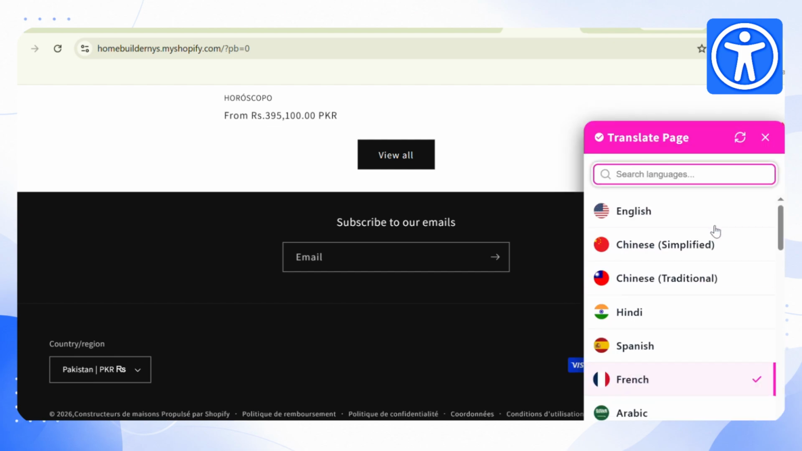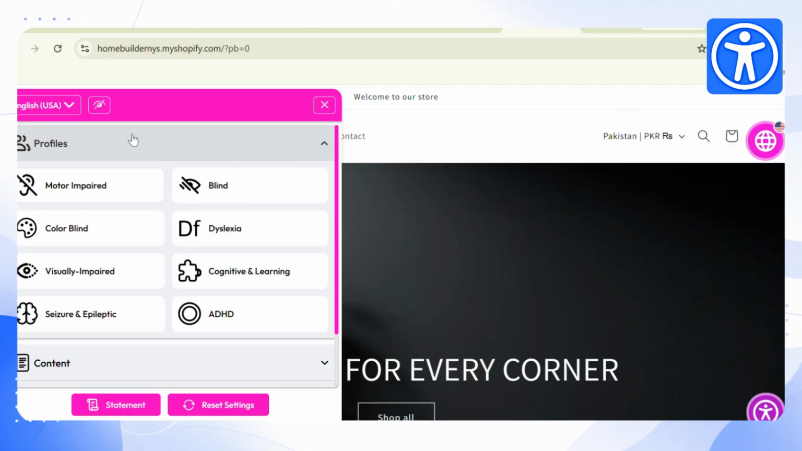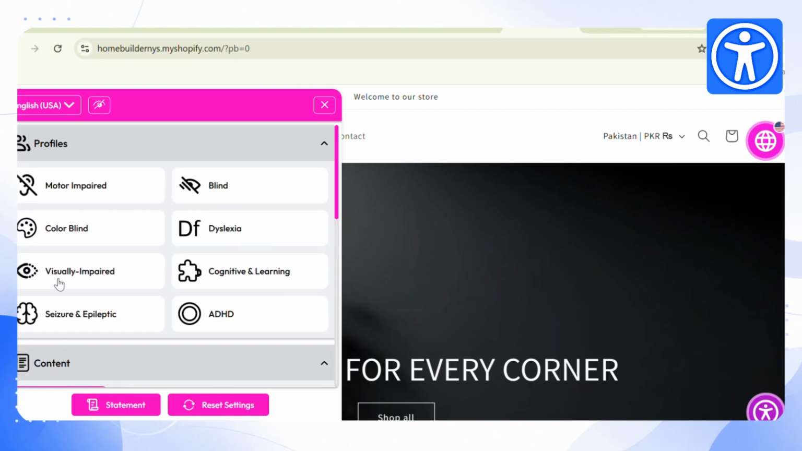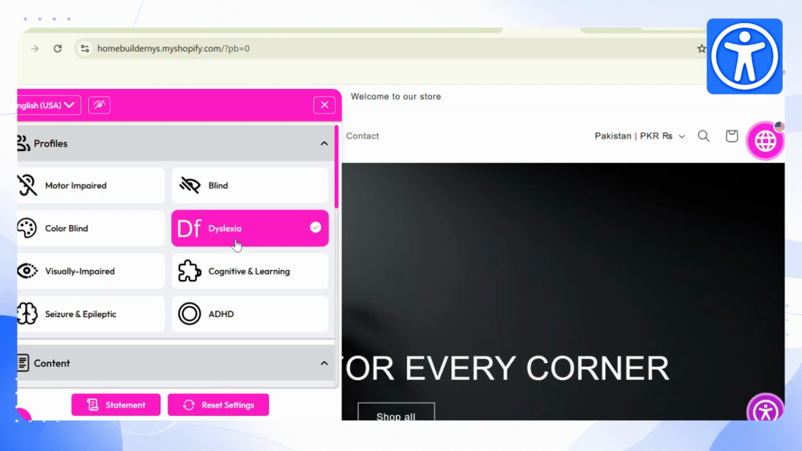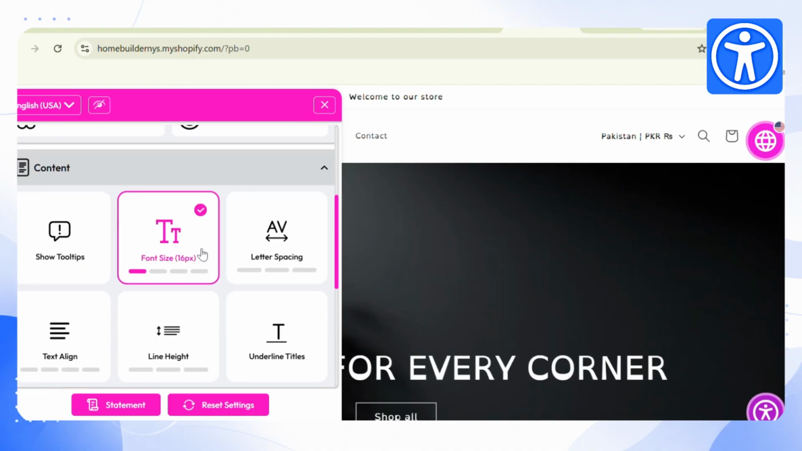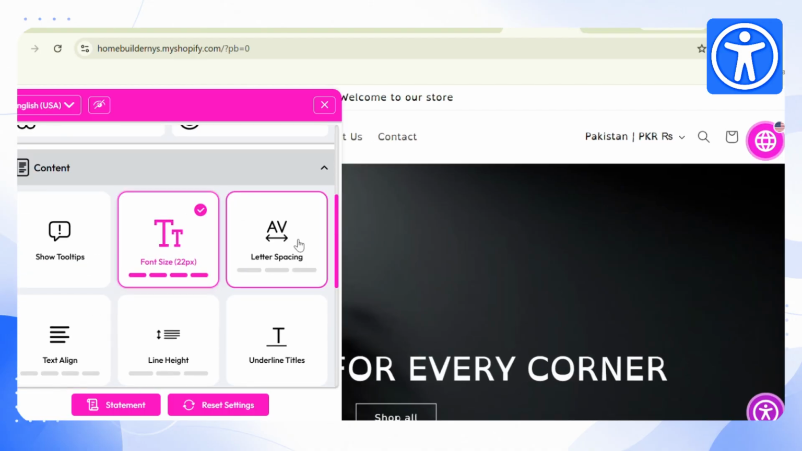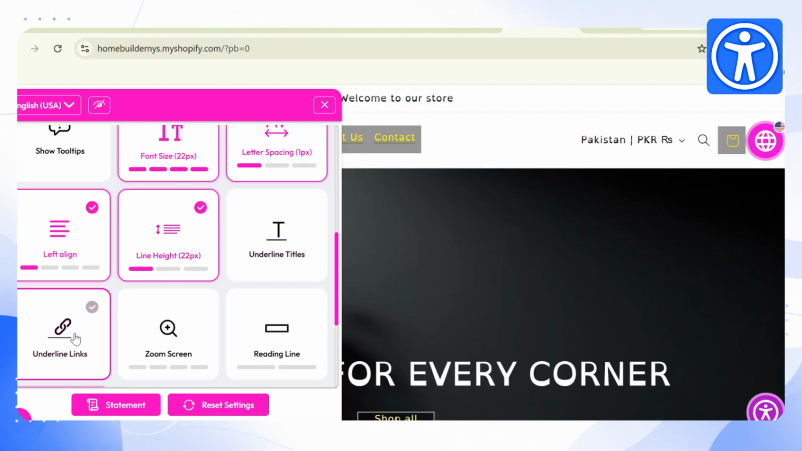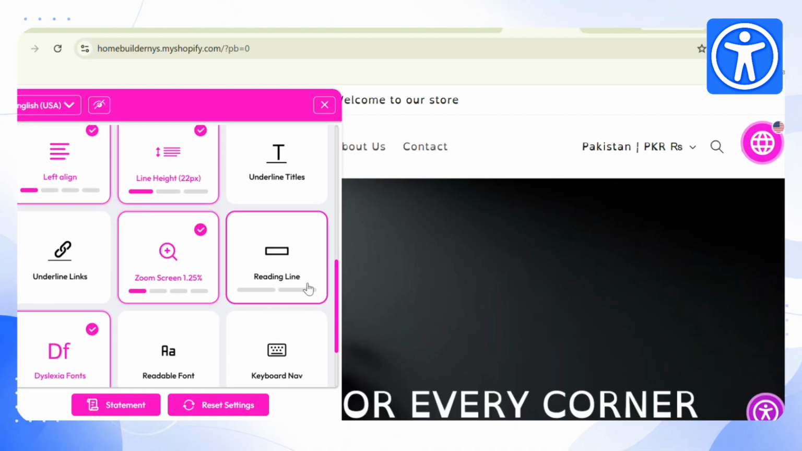Let's explore the accessibility tools available inside the widget. Visitors can activate accessibility profiles such as motor impairment, blindness, dyslexia, ADHD, and many more with a single click. They can also personalize their browsing experience by adjusting font size, line height, letter spacing, reading masks, screen zoom, underlined links,